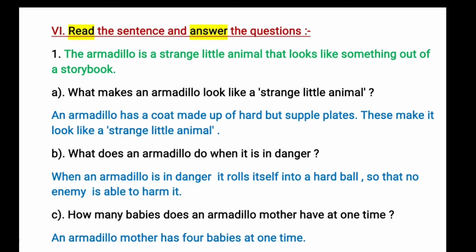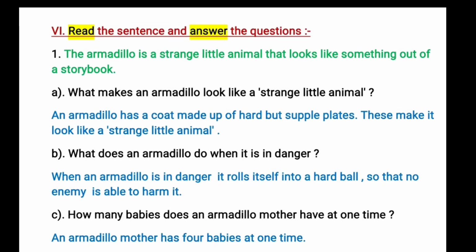So the second one, what does an armadillo do when it is in danger? It rolls itself into a hard ball so that no enemy is able to harm it.